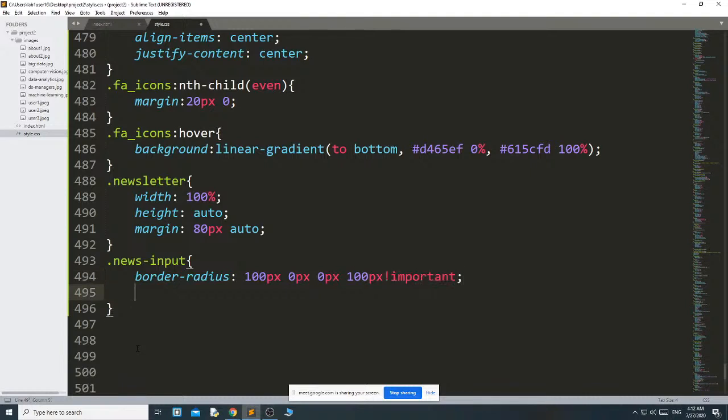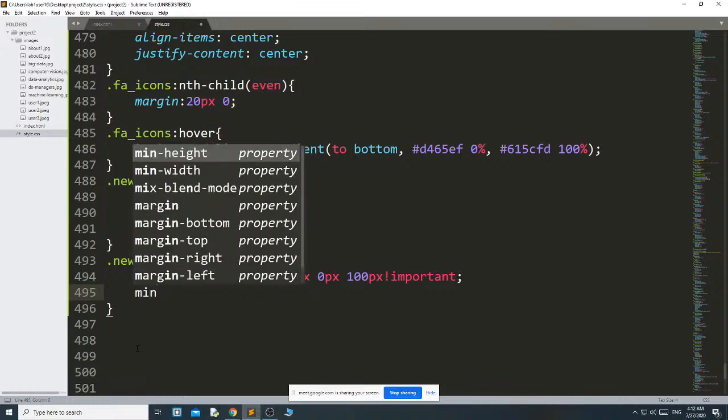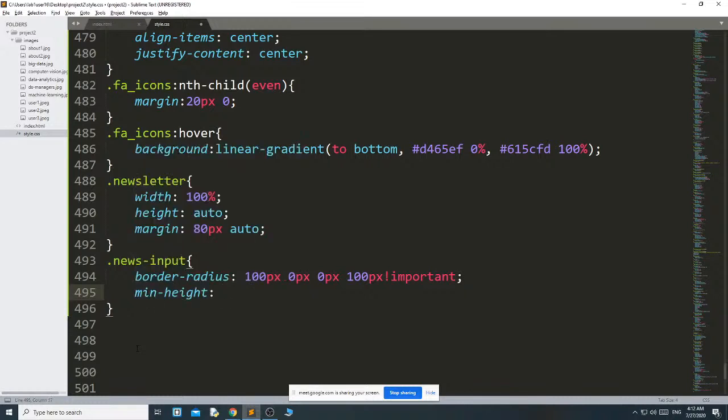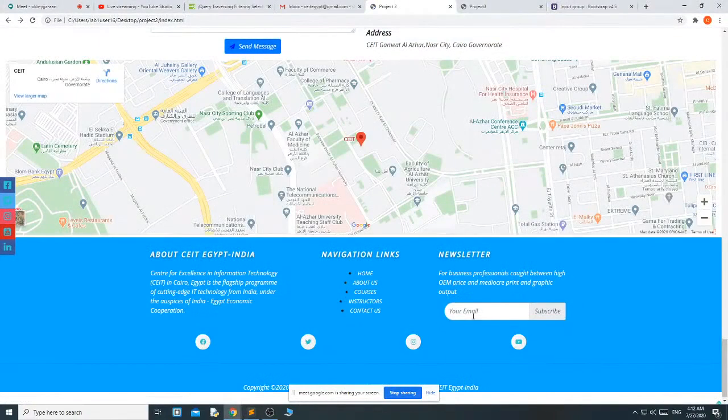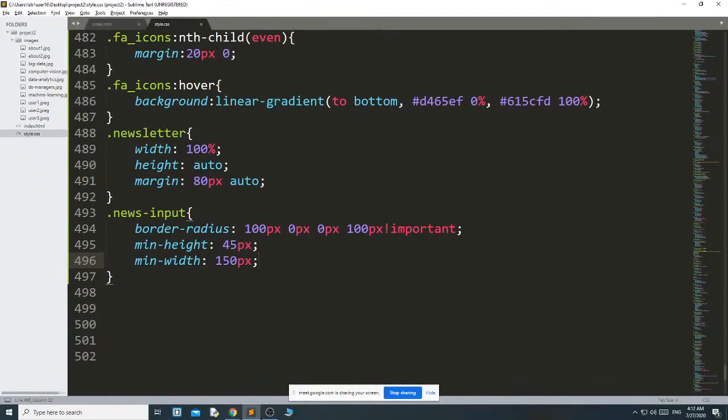Important. Then min height 45 pixel and min width 150 pixel. Simply rounded.